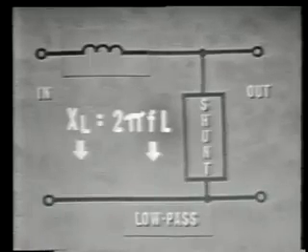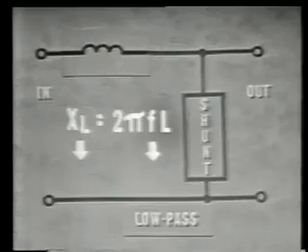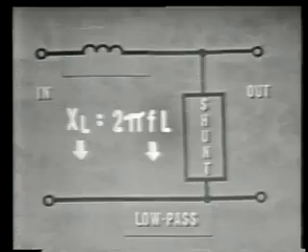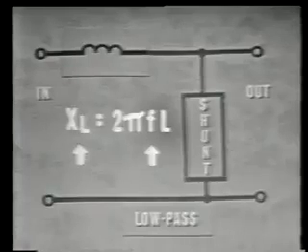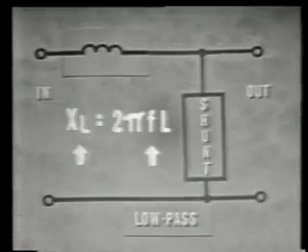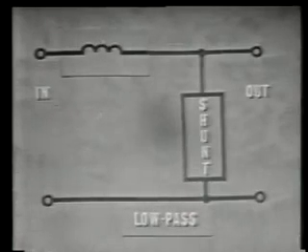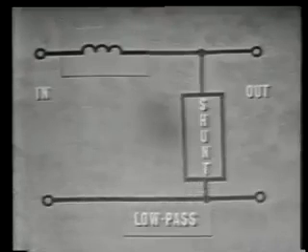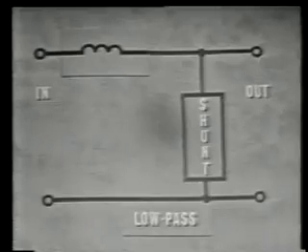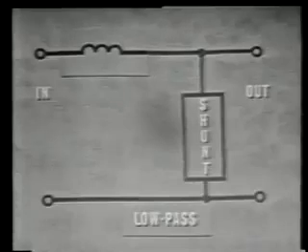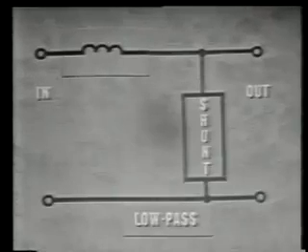Then, too, the series component should be able to reject the high frequencies. The inductor can also do this because its opposition is high at the higher frequencies. So the series inductor is always used to pass low frequencies and to reject high frequencies. The shunt opposition, however, must work the other way. That is, it must be large at low frequencies so it can develop our output voltage, and it must be